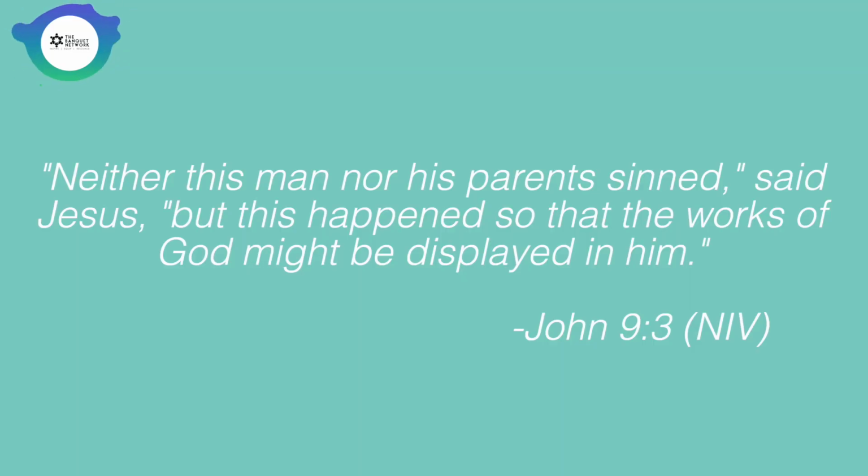Siloam, the disciples asked Jesus if someone had sinned to cause the blindness. And Jesus says that it was not that anyone sinned to cause the man to be blind, but it was that the works of God would be displayed. So then Jesus spits on the ground and mixes his saliva with dirt and anoints the man's eyes and tells him to go and wash in the pool. And the man washes and he can see.